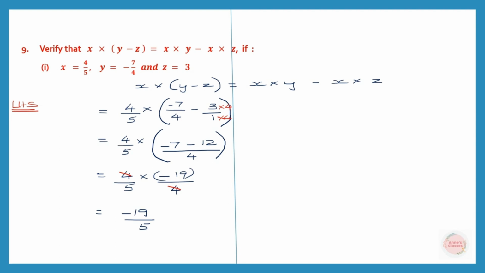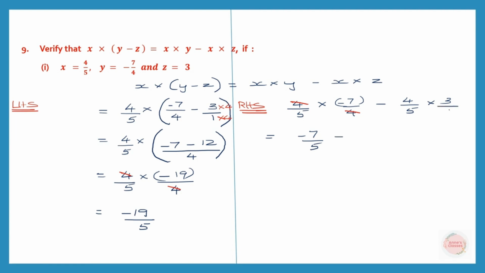Now let's work out the right hand side and see what we have on the right hand side. So we begin with x into y. So how much is x? 4 by 5 into y, which is minus 7 by 4, minus x into z. So x is 4 by 5 into z is equal to 3. So now we are going to work this out. So this will be 4 by 5 into minus 7 by 4. We can cancel 4 and 4. So what is left is minus 7 by 5 minus,